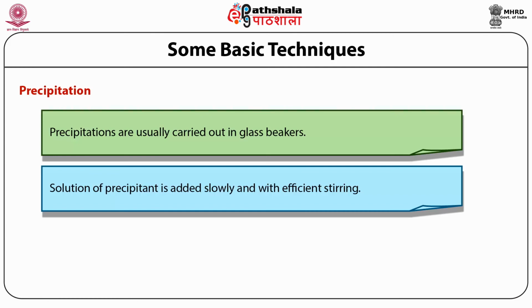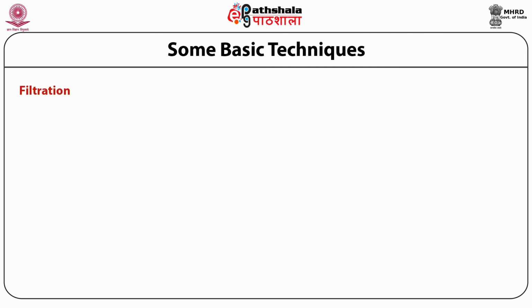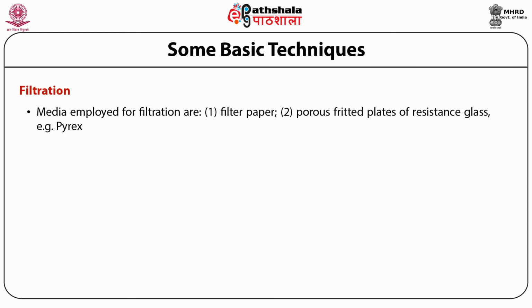The addition must always be made without splashing. This is best achieved by allowing the solution of the reagent to flow down the side of the beaker or precipitating vessel. Filtration. The media employed for filtration are filter paper or the porous fritted plates of resistant glass. The choice of filtering medium will be controlled by the nature of the precipitate and also by the question of